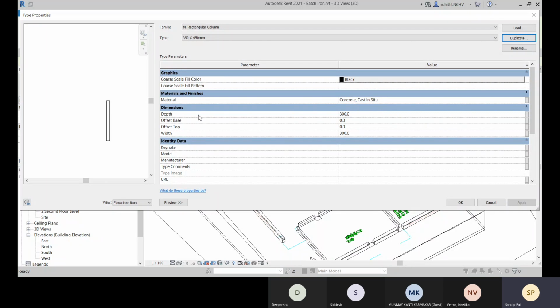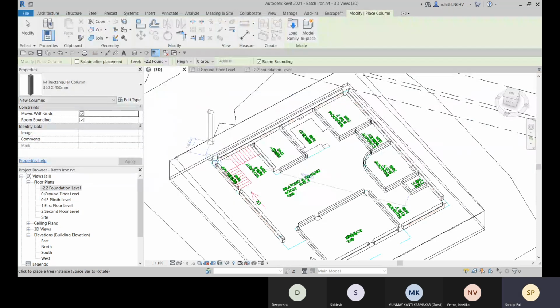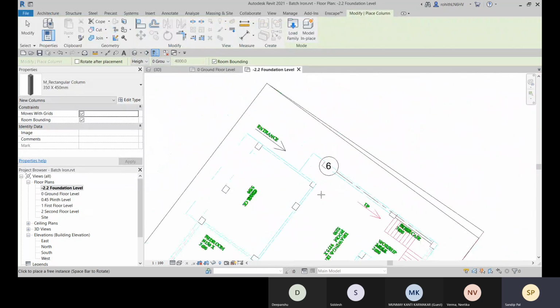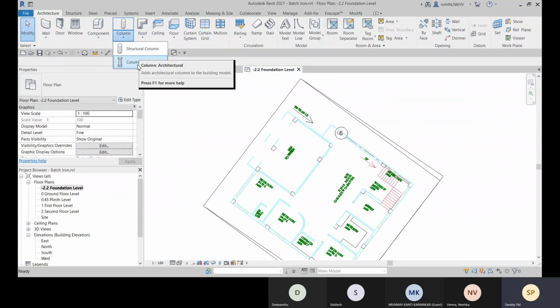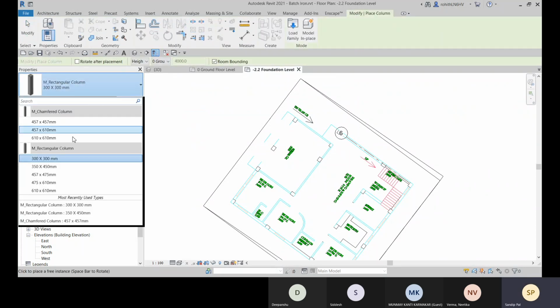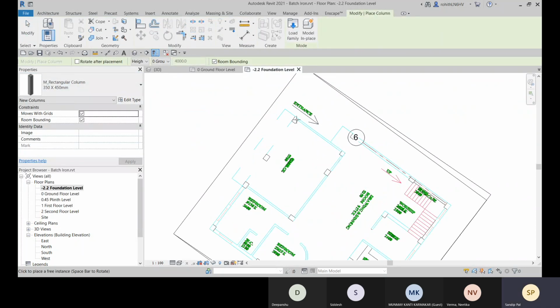Okay, and change. Click on OK, and that you can start placing from the foundation level. We will start placing. So let's go with this. Go for the column architecture 350 by 450.